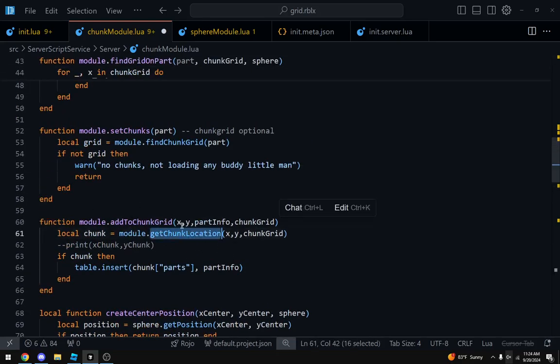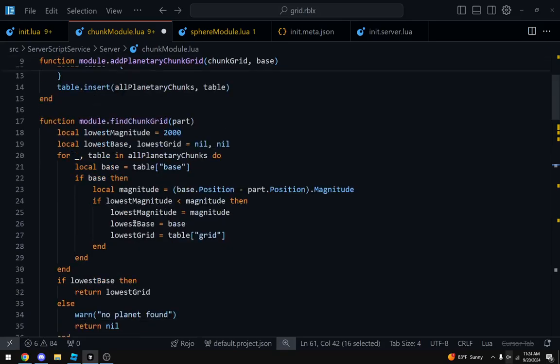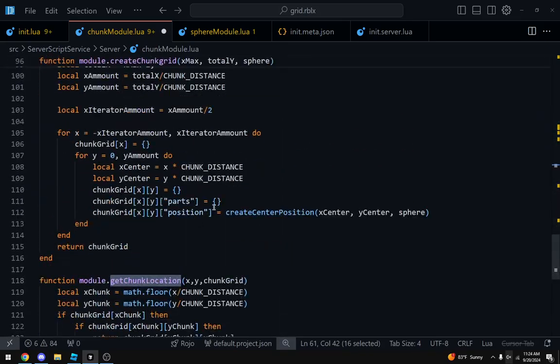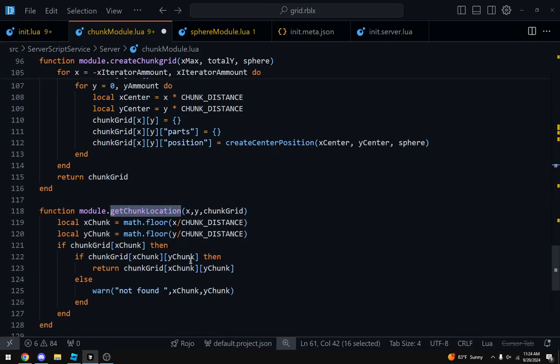We do get chunk location, which uses math.floor to find the nearest integer. Which, I think I'm seeing an issue.